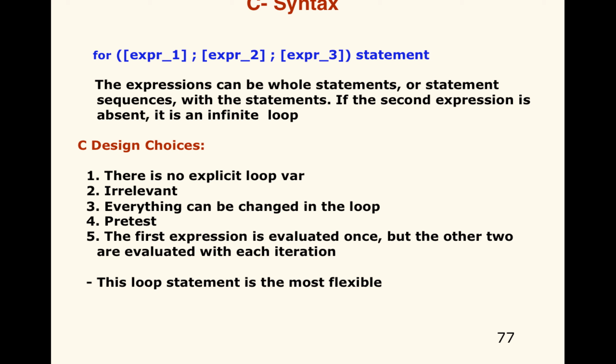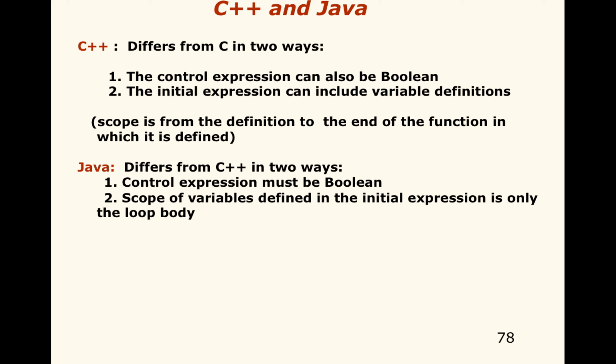This loop is the most flexible, which is why it is in most languages, control just like C. So you learn it in C, which makes C a good language to learn as a first language, because then you can apply it to other languages, because a lot of the control mechanisms are the same. So C++ differs from C. Most people think the loop is actually the same, but it does differ. It differs in these two ways.